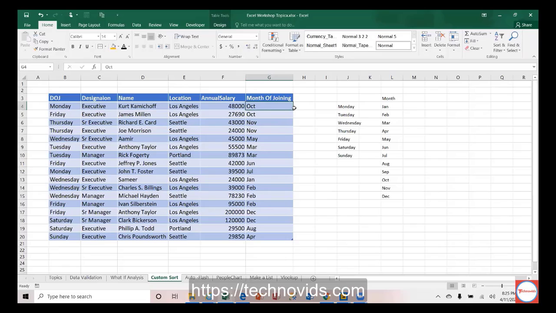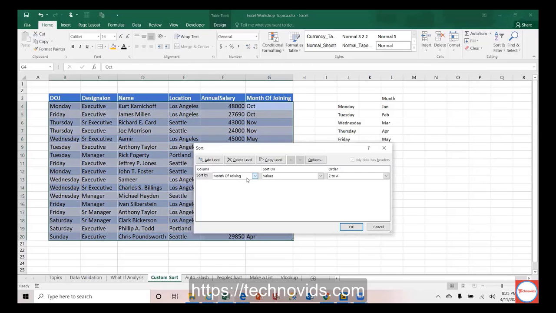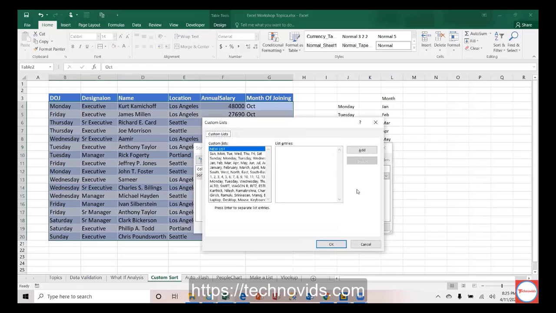Let us do the custom sort again. I will click the custom sort, and month of joining is automatically selected because I sorted it. Let me select custom list. My month names are 3 characters, right? So it starts with January.